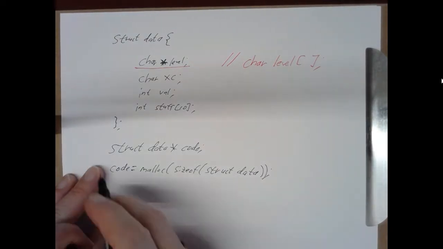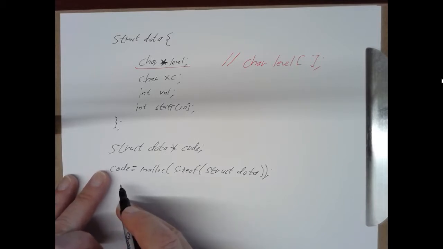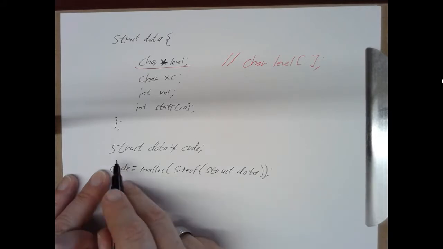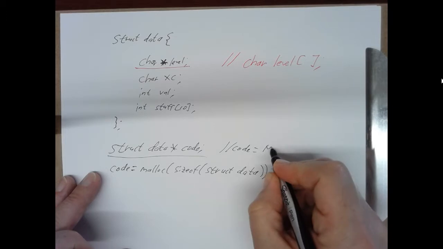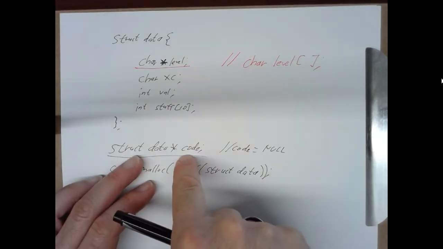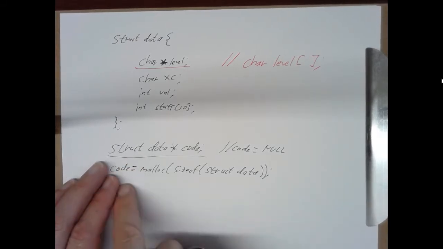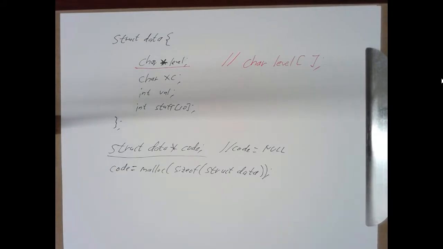And you don't want star code, right? Because that doesn't really mean anything. You can't assign something to, well, that would presumably take the thing code's already pointing to and change it to be equal to this. But when we say this, you can imagine that code is null. It may not actually be null, but it may be, right? So we never want to use the thing pointed to by code after a declaration like this until we set code equal to something. So code equals malloc does exactly what you want. It makes code point to an actual location in memory.